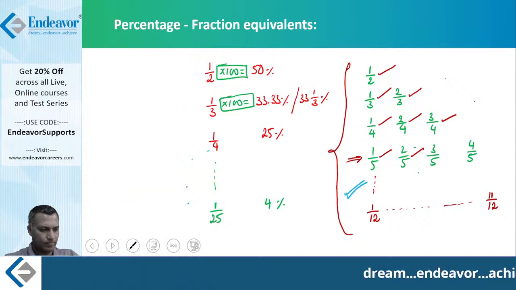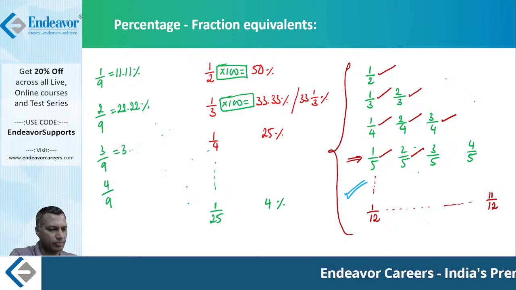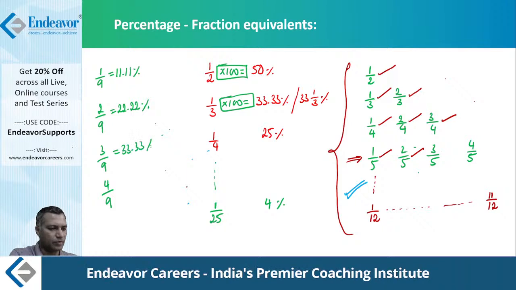Let's say you want to learn the 1 by 9 cycle. What do you mean? 1 by 9, 2 by 9, 3 by 9, 4 by 9, and so on. So you want to learn this particular cycle. 1 by 9, remember it is 11.11%. Pretty good. So when you are doing 2 by 9, you double this, 22.22%, just like the table of 2, right? When you're doing 3 by 9, it's nothing but 33.33%. When you're doing 4 by 9, it is 44.44%. Likewise, you can keep doing this particular table till 8 by 9, which will become 88.88%, right? So pretty simple.